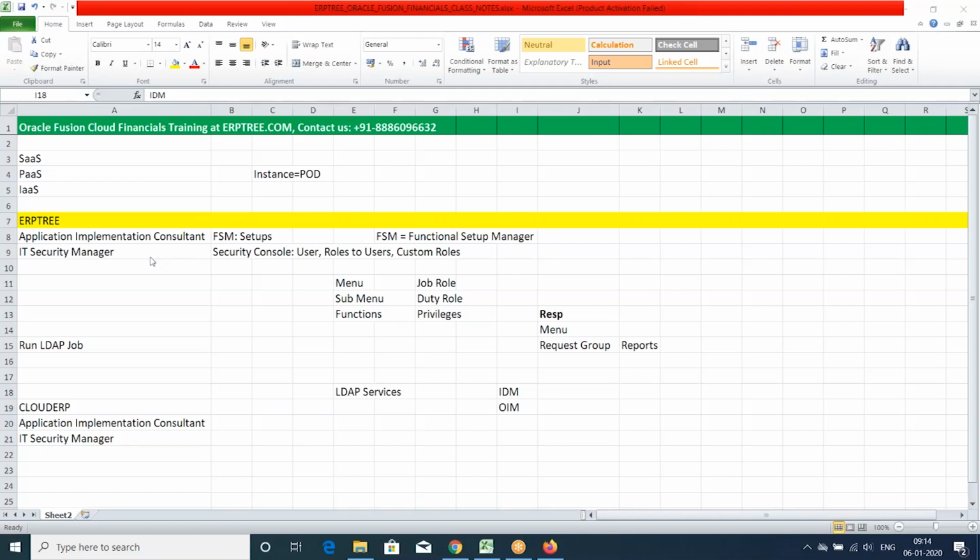So you said once the application implementation consultant role is created, the next step is to run that LDAP job? Oh no, I'm sorry. It's not like creation, it's assigning. Okay. So once those roles are assigned, implementation consultant, any role, after assigning any role to the user. Okay, that's what I was getting to. Yes.